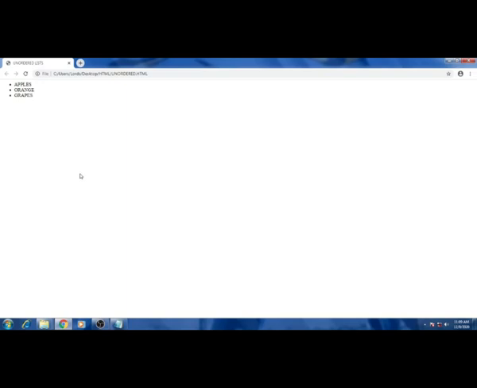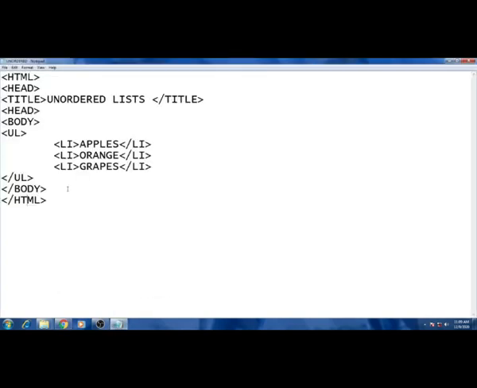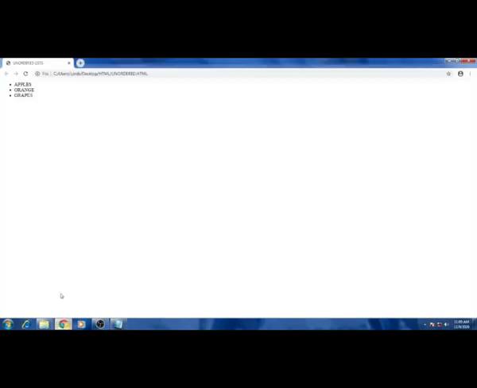Okay. See, the Chrome web browser opened, and here you can see the list items. By default we won't specify any type here. That's why you can see the disc shape. Got it?